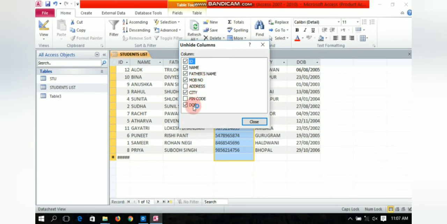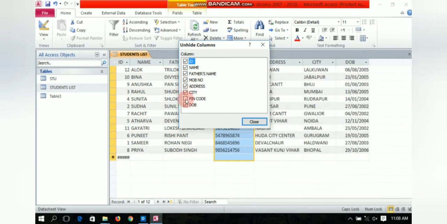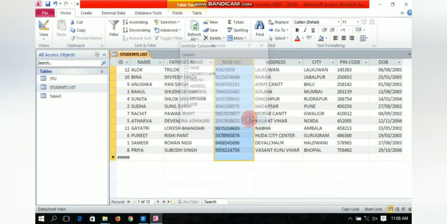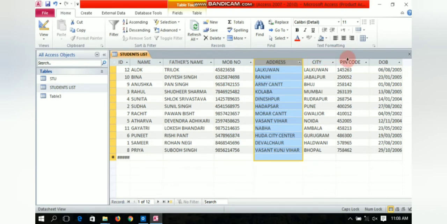Those columns you want to unhide, you just need to tick on the checkbox and close. See here, the address column is here and pin code also. This is how you can hide and unhide columns in MS Access 2010.